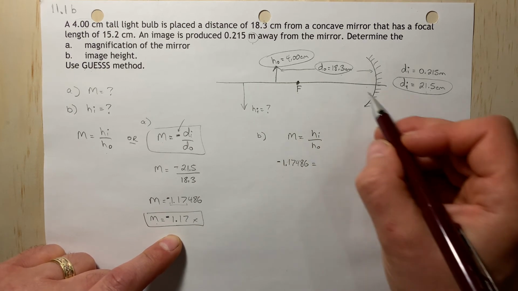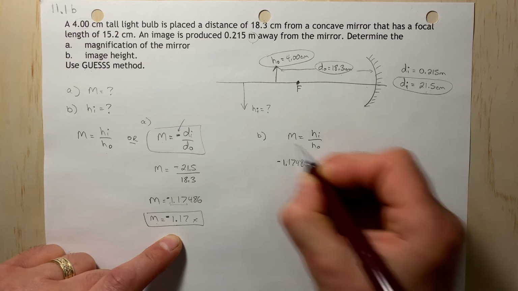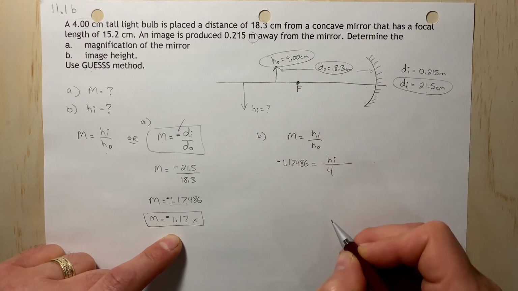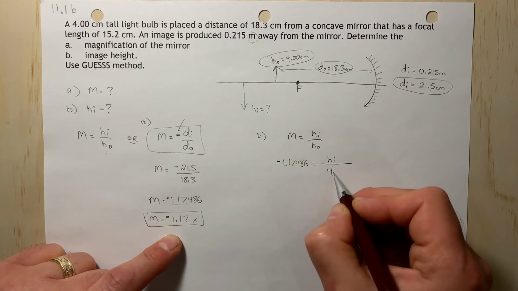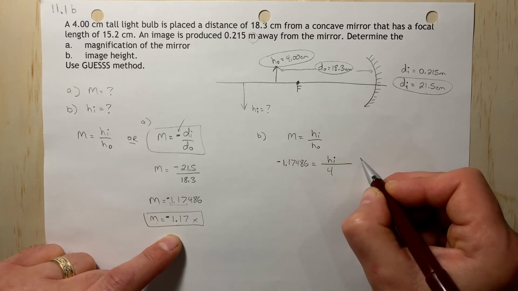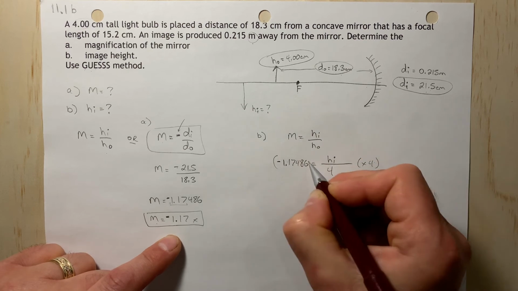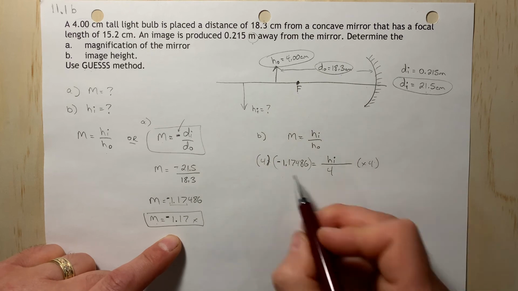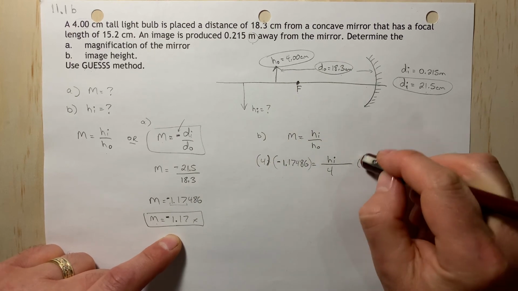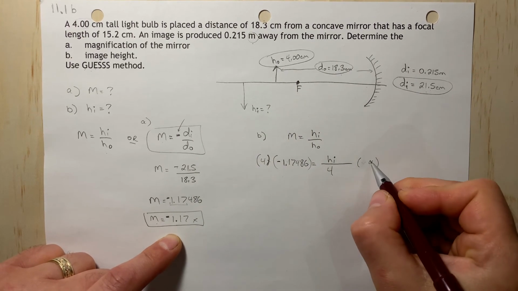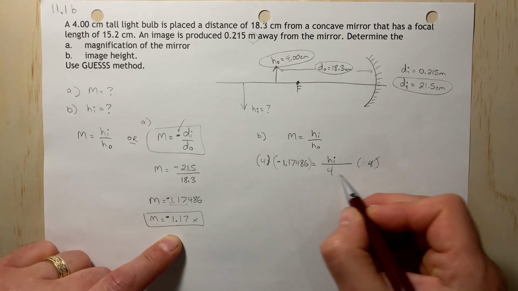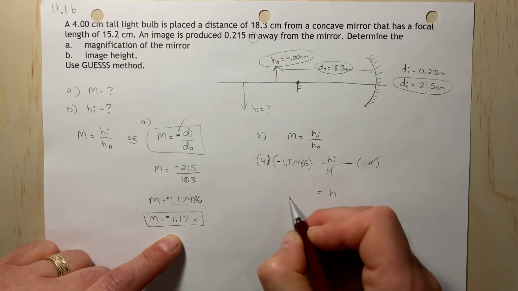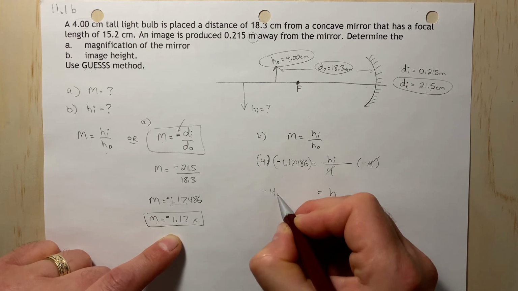The height of the object, okay, we don't know the height of the image, right? That's what we're looking for. The height of the object right here is 4. I'm just going to rearrange. I'm going to bring the 4 up over here, or you can say I'm going to multiply this side by 4. Let's just say I'm going to multiply by 4. I'll just use brackets. Over here, the 4s are going to cancel. I'm left with just H. Over here, I'm going to get a negative answer, and I'm going to get